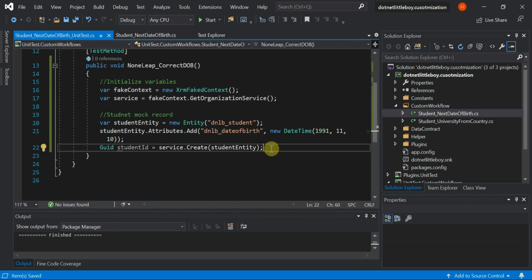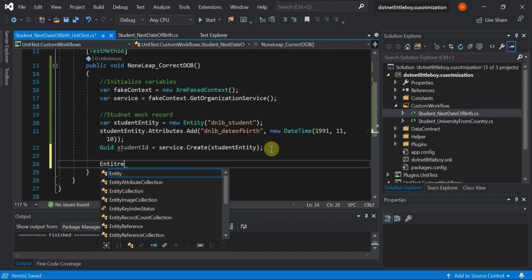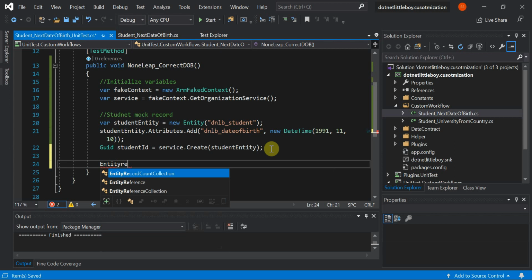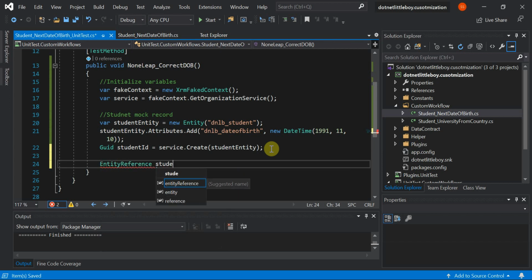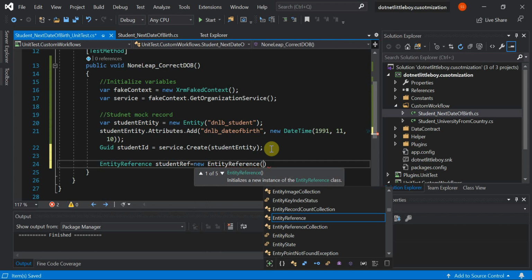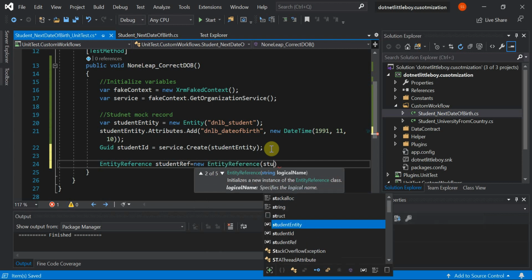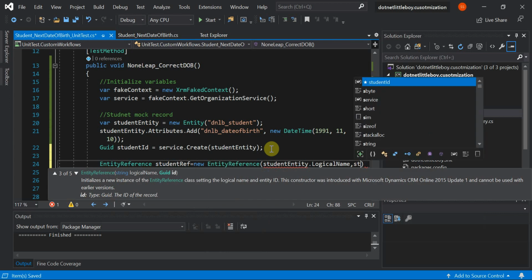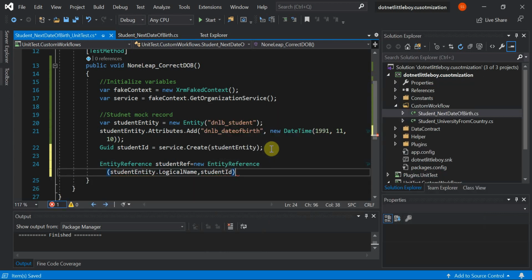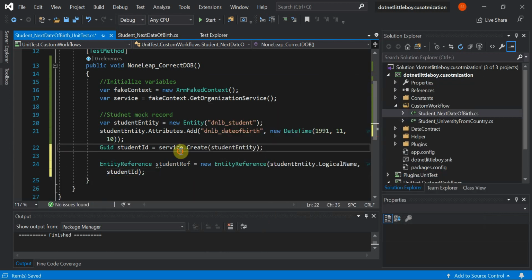So I have to create the entity reference here. So let me create entity reference, student reference, equals new entity reference, and it will take two arguments here. One is the logical name, so student entity dot logical name, and the student ID here, which is generated after creating the dummy record.